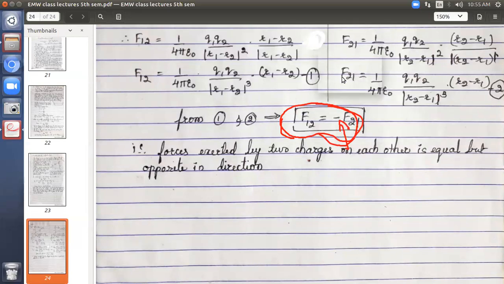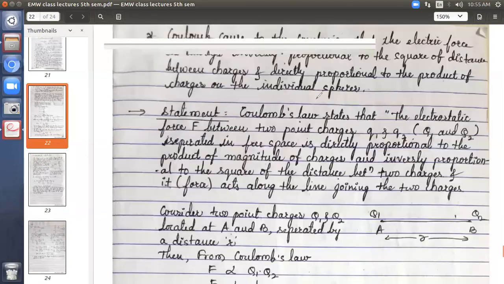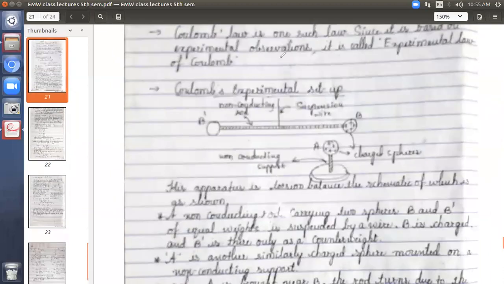So what all we dealt with in today's class? We started with Coulomb's law, how the experiment was